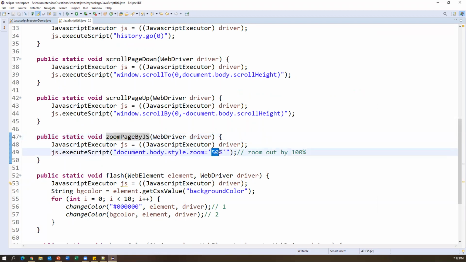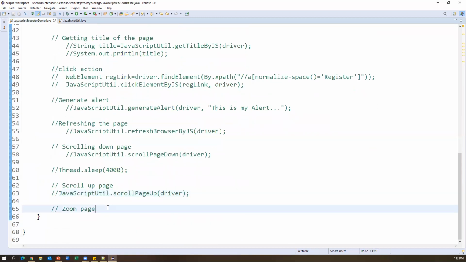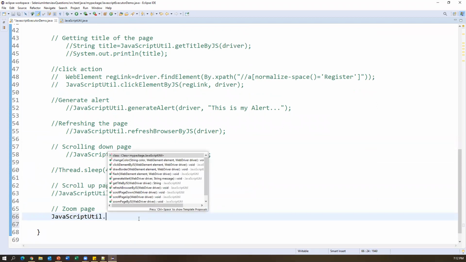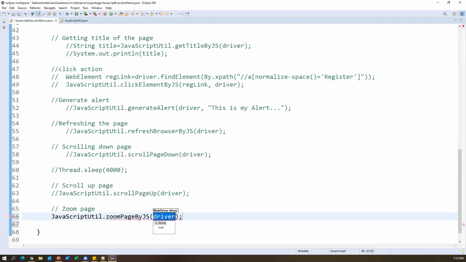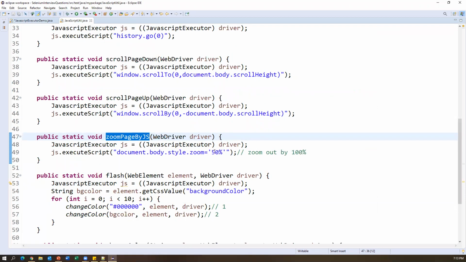Here I mentioned 50%, and you can pass any percentage here. So let us call this method here. From JavaScript util, I am calling zoom page by JS and I'm passing just the driver. In this method, whichever percentage you mention, the page will zoom in or zoom out by that much. Let's test this.